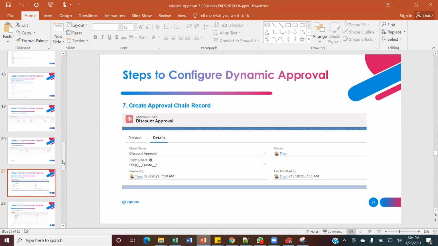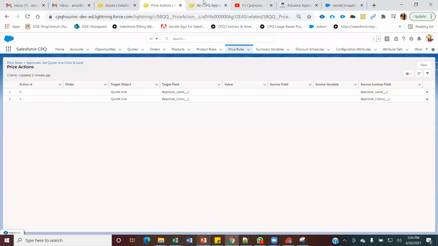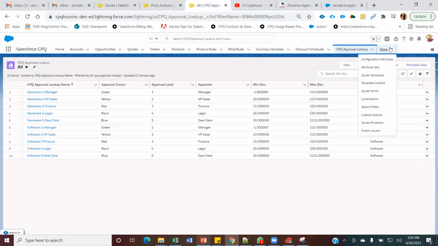The next action item that we have to perform is the approval chain. Go back to the approval chain tab.